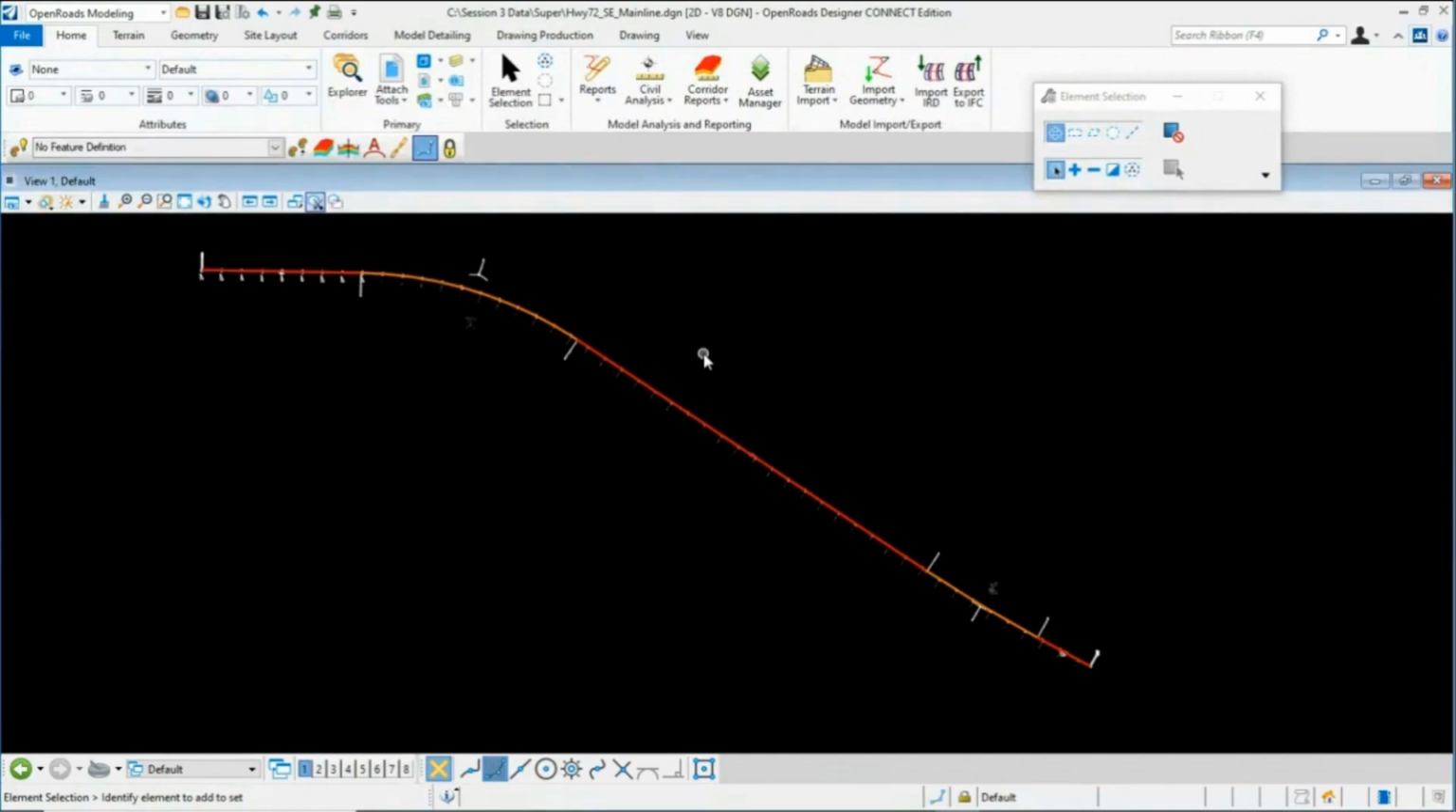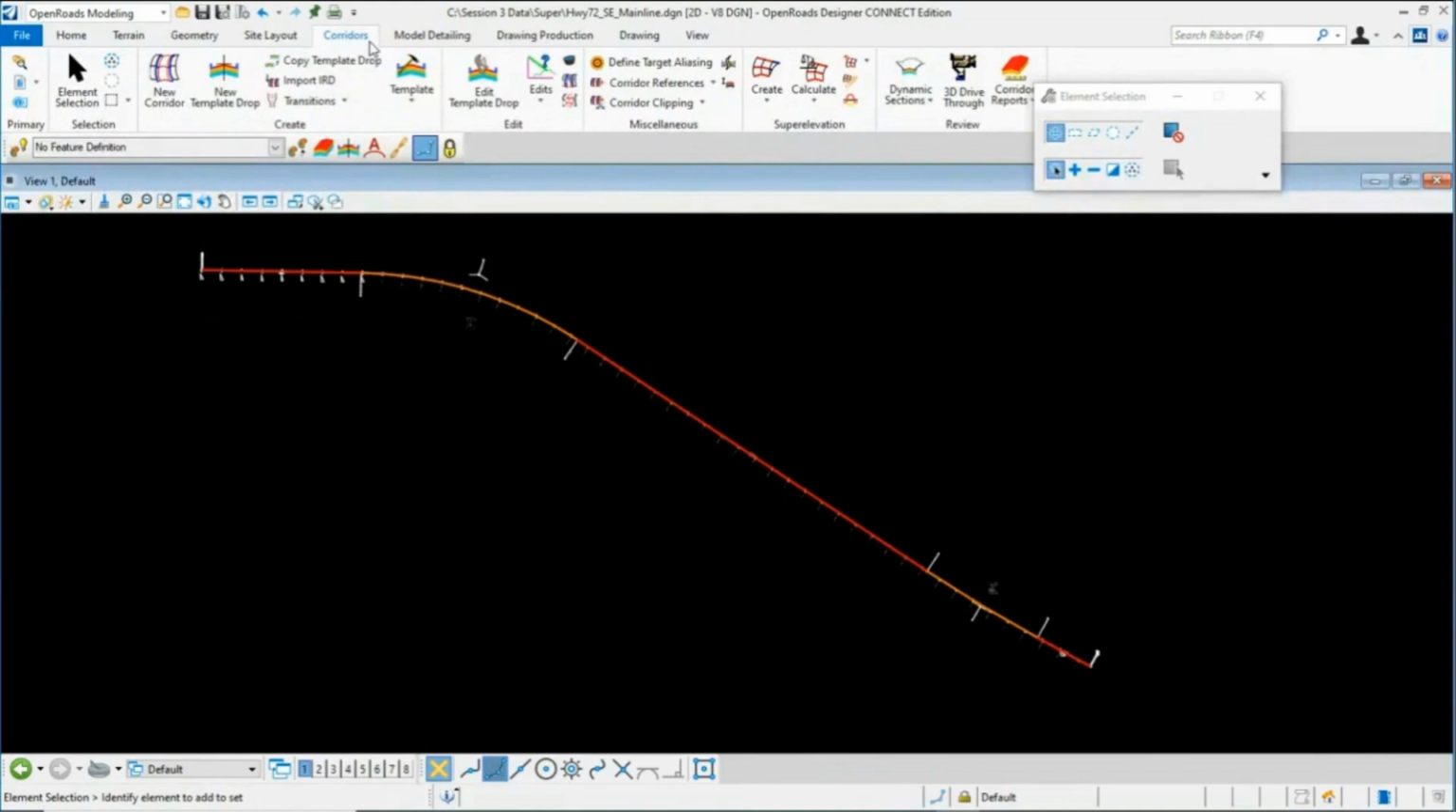To create the super elevation section, we want to go to the Corridors tab. So I'm going to select the Corridors. You'll notice we have a set of super elevation tools over here, and we want to create a super elevation section along the length of our alignment here. So I'm going to select Create Super Elevation Sections,